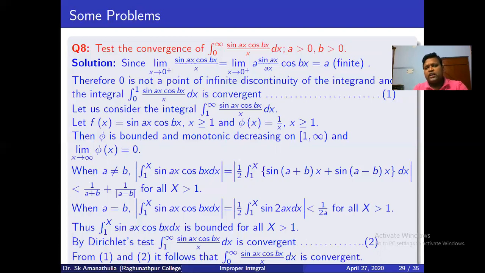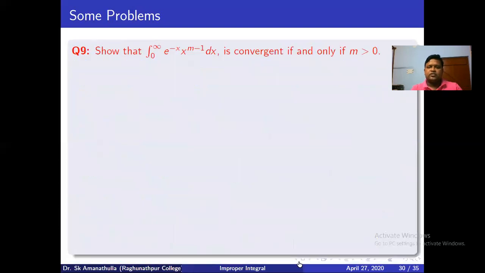So all the conditions of Dirichlet's test are satisfied by the functions f(x) and phi(x). Therefore, the integral from 1 to infinity of f(x) phi(x) dx, that is sin ax cos bx by x dx, is convergent. Here also the integral from 0 to 1 is convergent, and the integral from 1 to infinity is convergent. So if we combine 1 and 2, we get that the integral from 0 to infinity of sin ax cos bx by x dx is convergent. There is another problem,